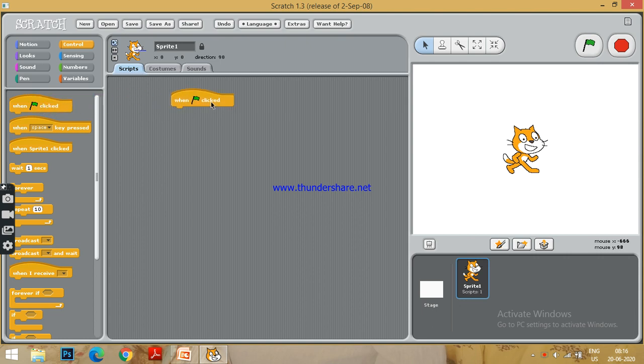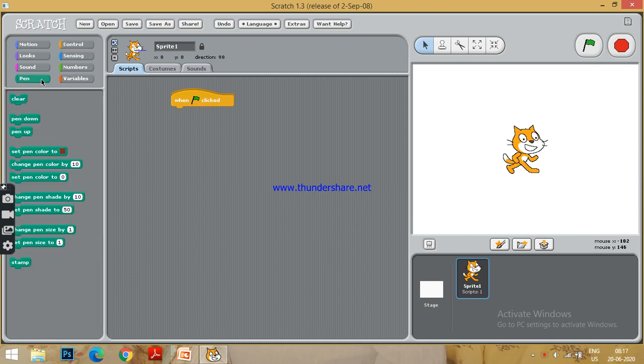Now here what I will do, first I will set size. But before drawing anything on your screen, it is most appropriate to use the clear option. That means you will clear the screen.